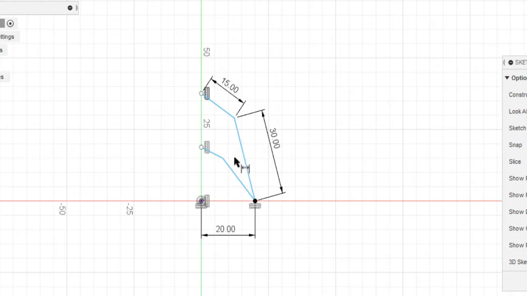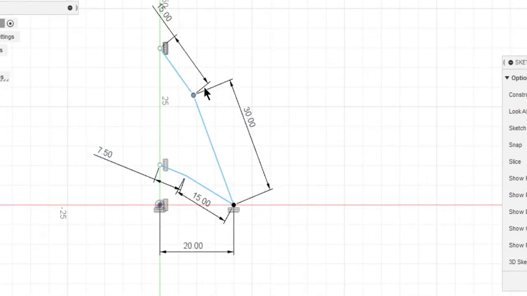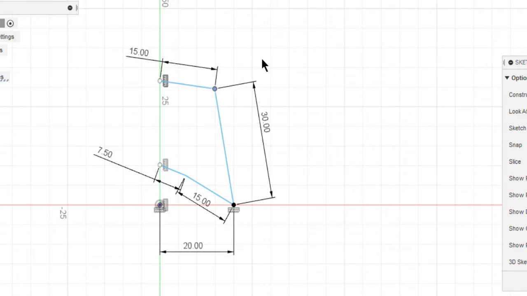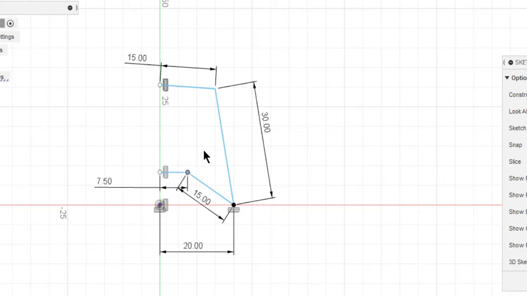Let's apply the same for this. The length of this line be 15 mm and the length of this line be 15 times 0.5. Now if you try to move these points, I want these to be extreme points. That's all. Repeat the same for this one also. Keep it in extreme. Just try dragging. Yeah, this is the extreme point for this one.